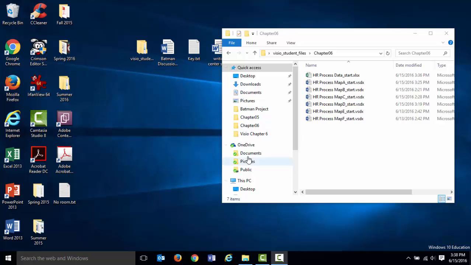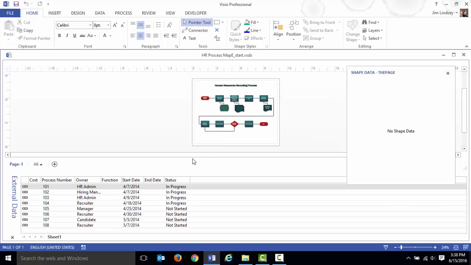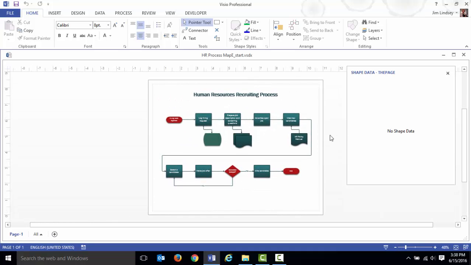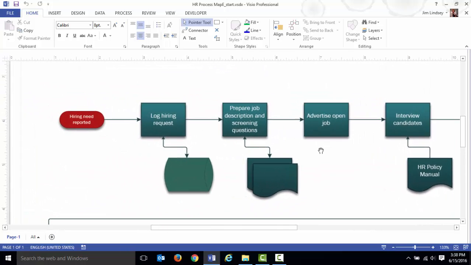Well, we're going to work with this. We have the chapter 6 files, and this HR process map E is what we'll work with. So I'm going to open that up, and it contains all the data that we need. We don't need the external data window anymore, so I'm going to go ahead and close it. And where we want to work from is the review tab. I'm going to go ahead and maximize that to make it a little bigger. We don't need the shape data window open anymore either. We'll zoom in just a touch so you can see that